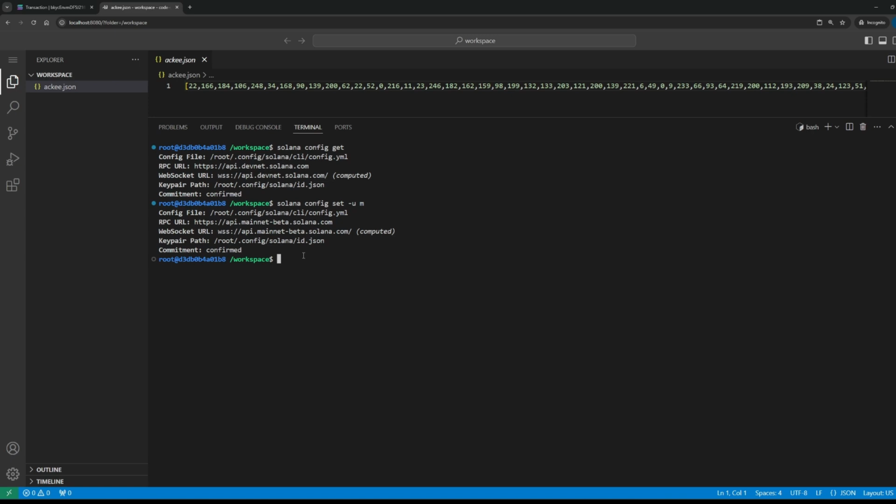Then we also generated a new key pair. For that you can use Solana keygen new, and using Solana keygen you can also read private keys. So Solana keygen pubkey. A public key corresponds to a private key. So if you have generated a private key, then you can use that private key in order to generate a corresponding public key. And the public key is actually the wallet address.